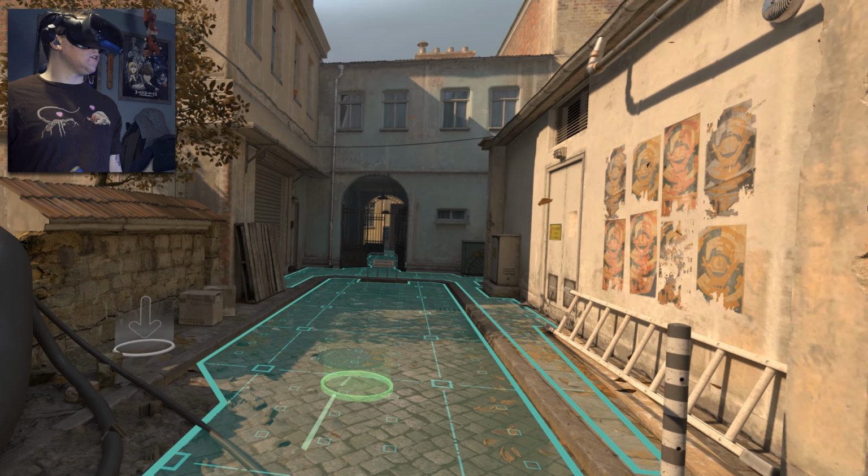What is this? This is a new thing. I don't even know what this is. Sorry, I'm sort of just doing things now, but this is a new VR tool I haven't seen before, so...